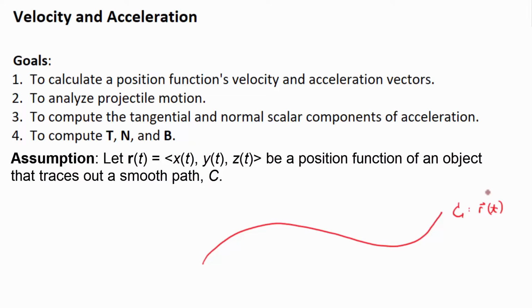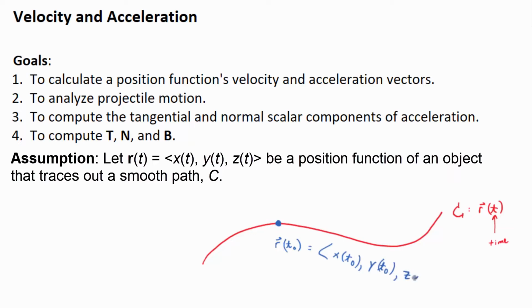So let's say you have a particle or an object traveling along this curve. Then what r of t will give you, t would represent time, maybe in seconds, maybe in minutes, maybe in years, I don't know. And if this is an object on the curve and it's at the point given by r of t naught, then r of t naught, whatever point that is, it's gonna have components x of t naught, y of t naught,